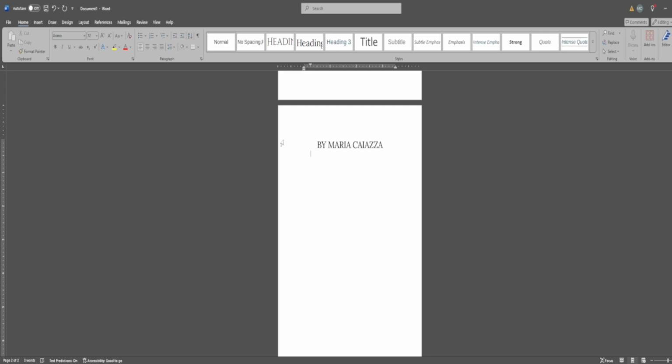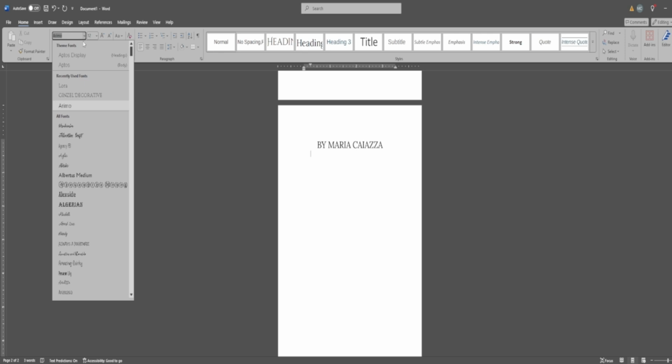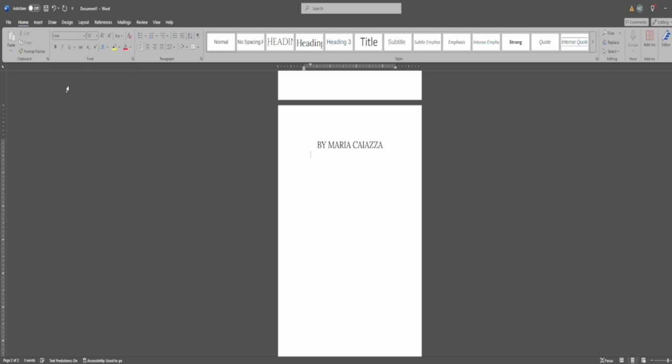So right here, I do want to do something different than my normal text, and so I'm just going to kind of free flow here. We're going to do Laura, and it's a 12-point font, and we're going to take this piece out of indent, and we're going to center it. And the name of the series that I wrote before this was